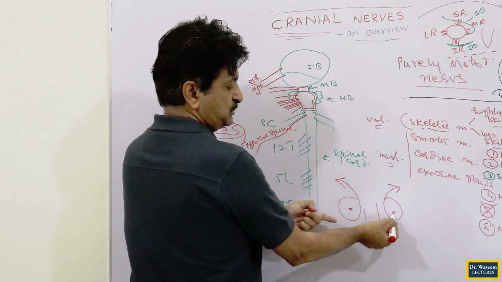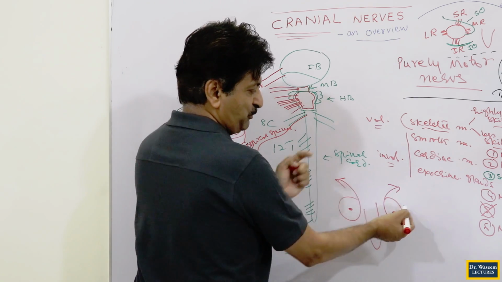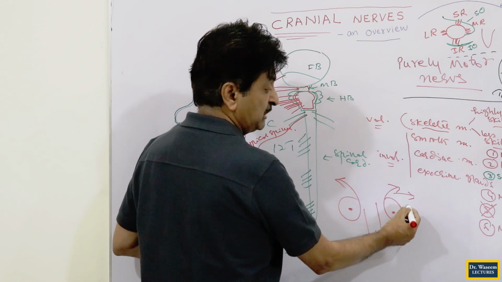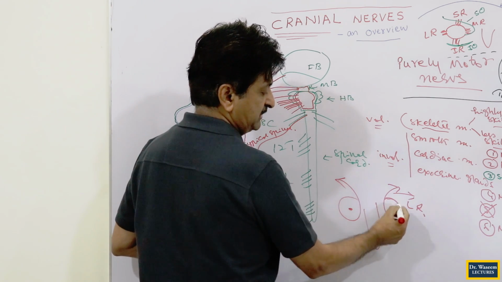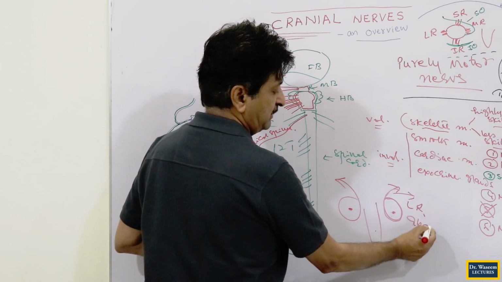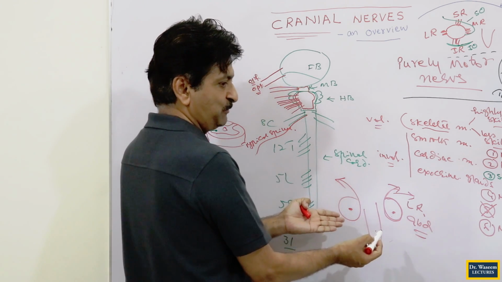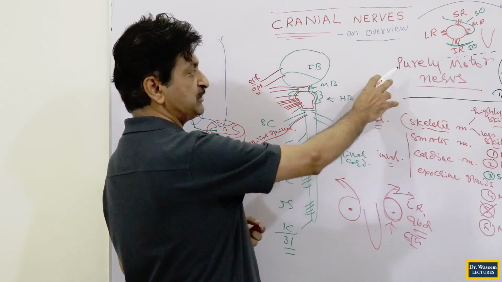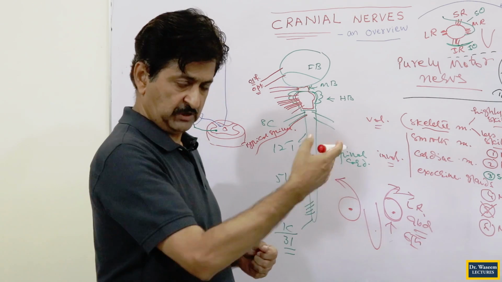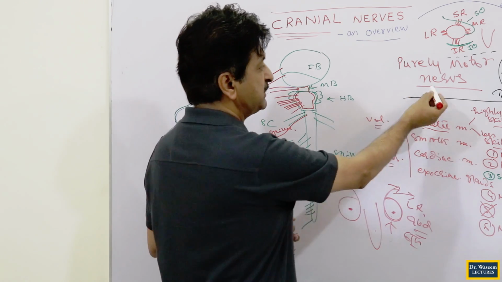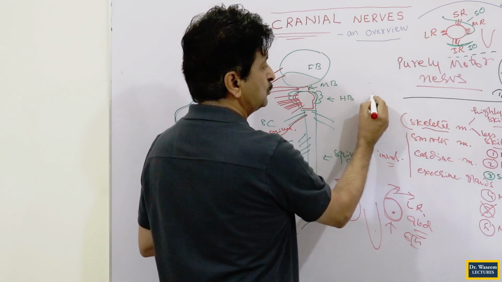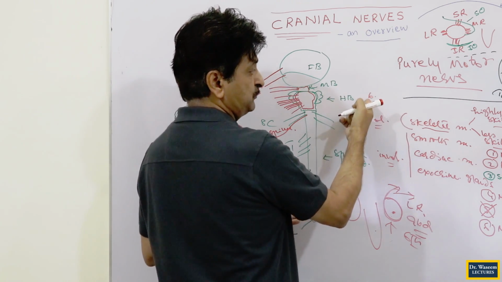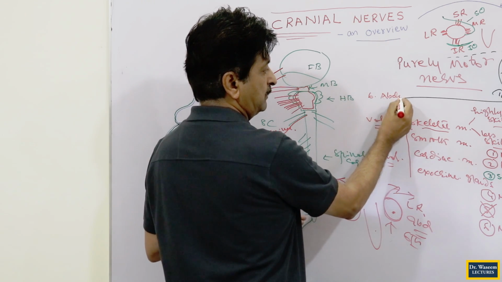This is nose. Is this moving towards the nose or away from the nose? This 6 is doing what? Away from the nose. Which muscle is moving it away from the nose? This is called the lateral rectus. Lateral rectus will be which action? Abducent. And abducent is doing which nerve? You see the figure is this, the 6th nerve. So that means the first purely motor nerve in our discussion is the 6th nerve. You can say, okay, 6th nerve is the first purely motor. So, out of these purely motor nerves, one is the 6th. We call it the abducent nerve.